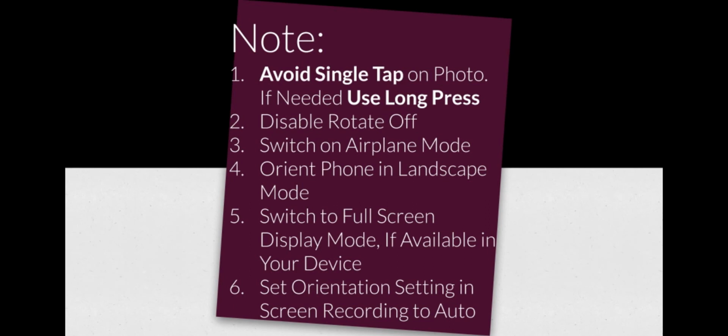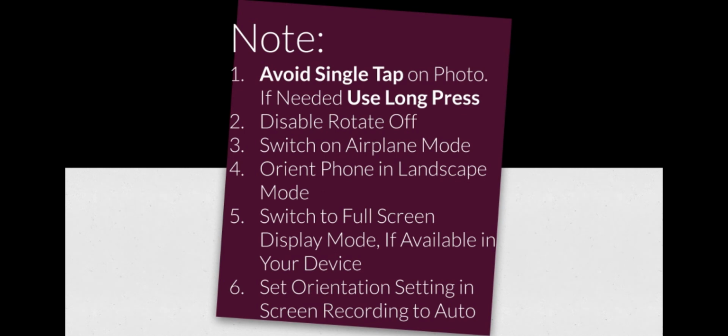If you do a single tap, pop-ups from the top and bottom will come. Then again single tap, those pop-ups will go off. You may not want to have those pop-ups. For that, you should long press. Okay. If your light is going off, then for the light to come back, you should long press. Otherwise, in the settings, for the lock screen setting, you may increase the time for the lock screen. Clear?